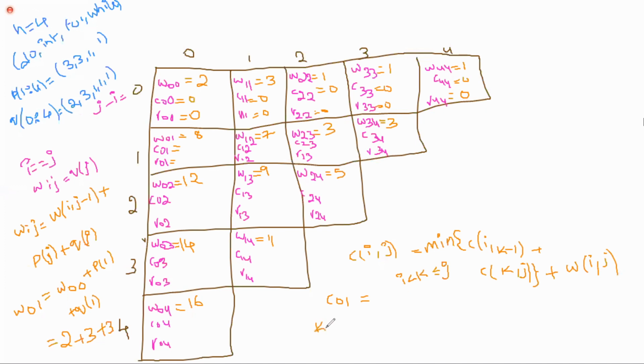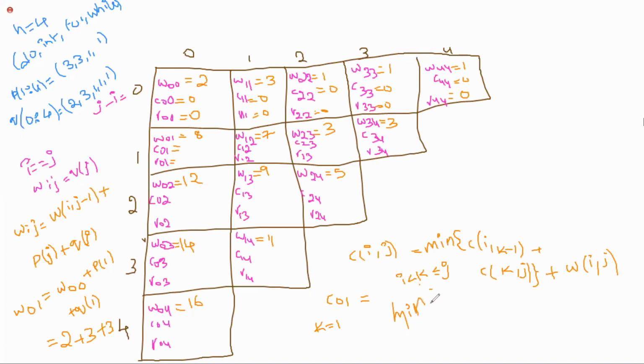Did you understand why I have considered the k value as 1 instead of 0 or some other value? K is in between i and j, which is greater than i and less than or equals to j. Greater than i means greater than 0, so from 1 onwards, but j is 1, so less than or equals to j means only 1. So I have k equals 1. Respond, say yes or no.